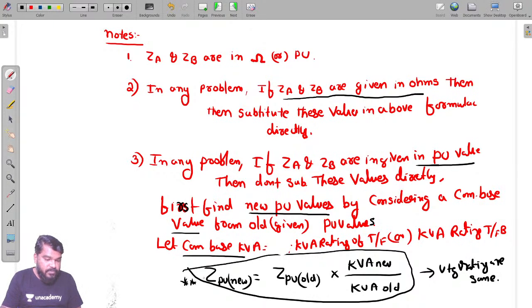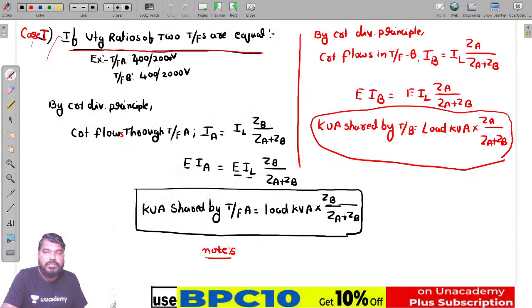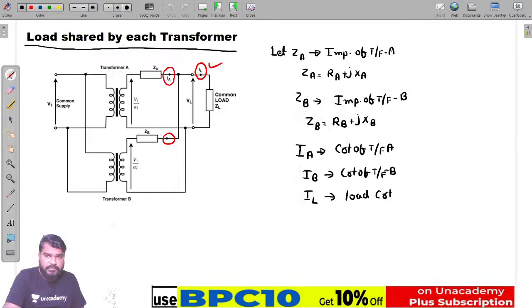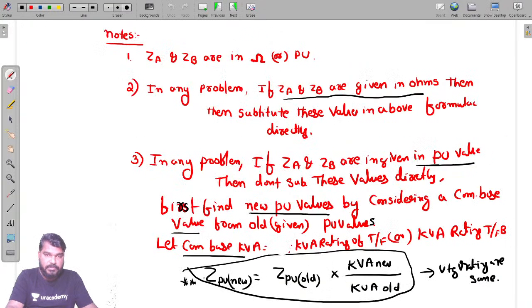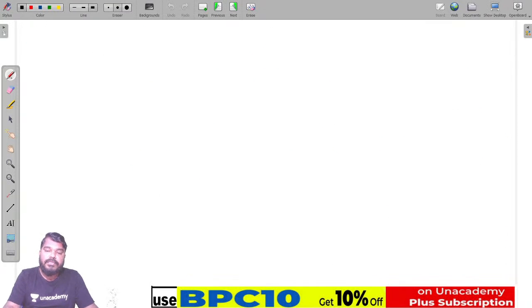Yes, is all of it clear now? Very important. These are the notes. Nageshwar, Pavan, yes. Very important to solve the problems based on parallel operation. So next one,